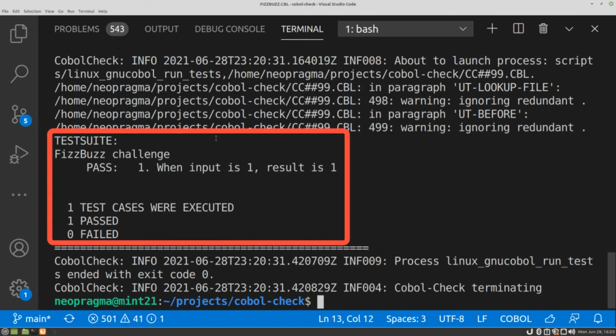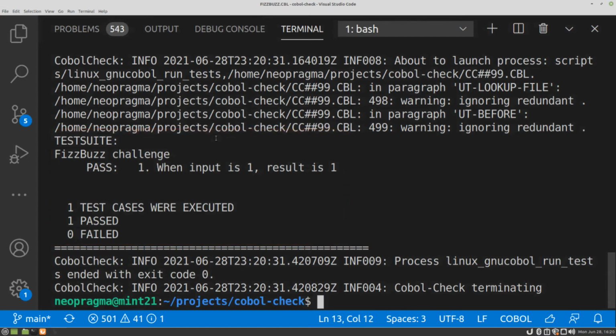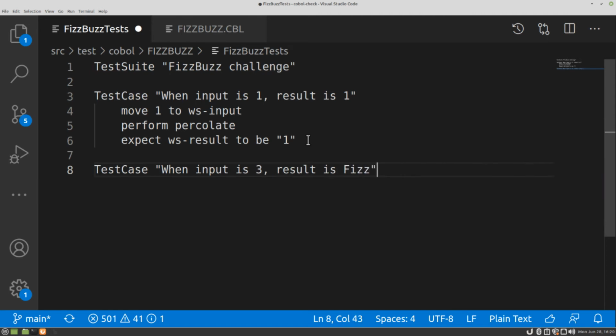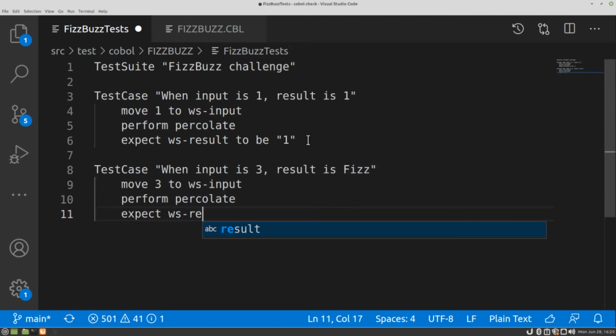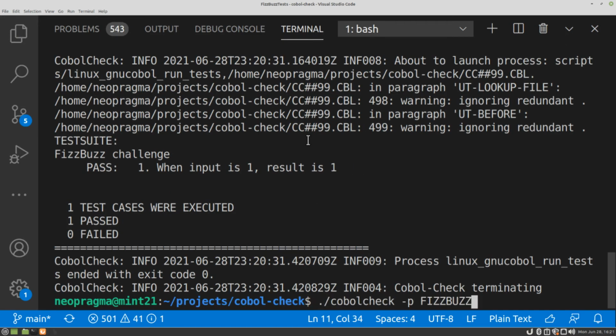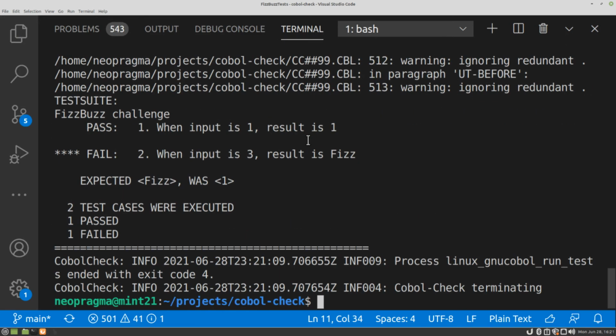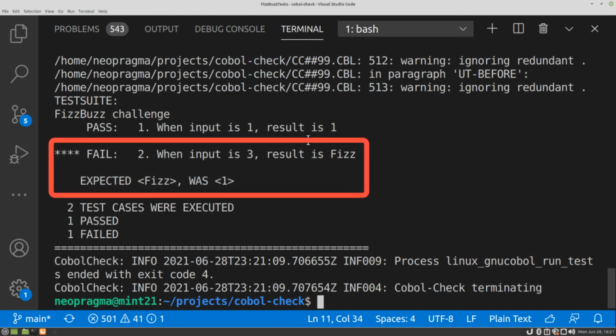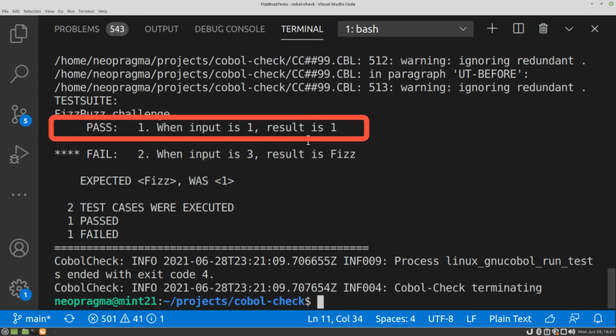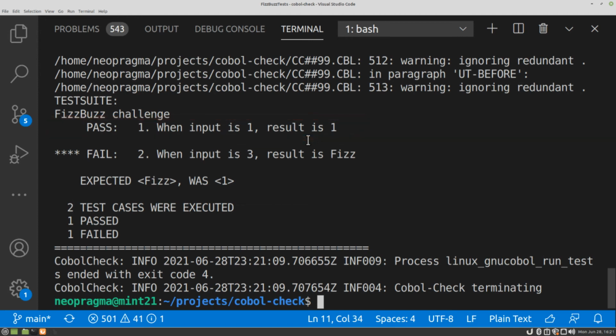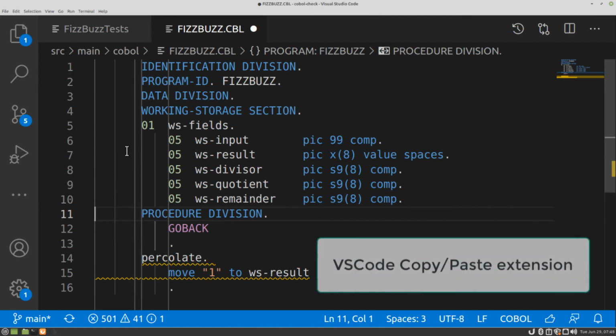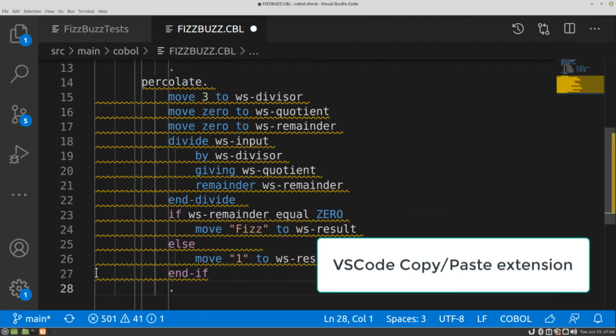Okay, we have our first passing test. Let's try an input value that yields a different result. We'll add a test case for the number 3 and drive out the logic to return fizz. This is good. The test case for the new logic fails for the right reason, and all the previous test cases still pass. All those numerous test cases. Let's add the logic to produce fizz when the input value is 3.